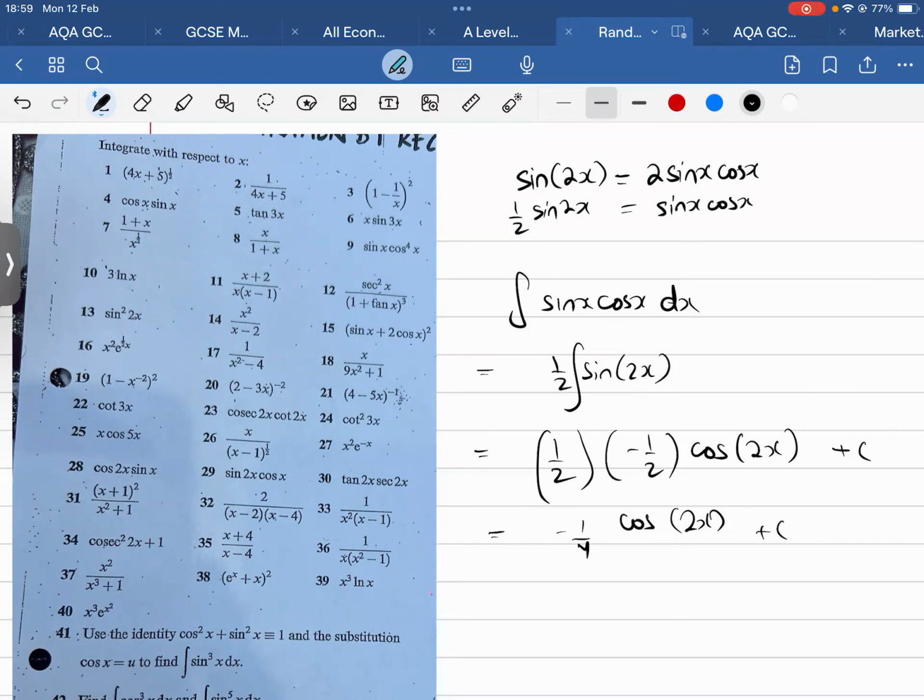Now, both answers were different, but you can use a trig identity to make them the same. But it's your choice. But sometimes it depends on the question. The question might say use a trig identity, because it might be with double angles or trig and integration together. And we're going to need this later more than for this question. So whenever it's cos x sine x, whenever it's two trig, so even for question 9